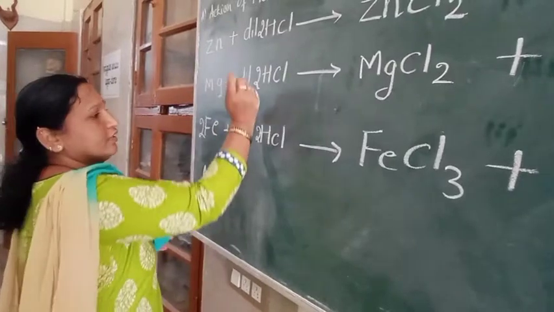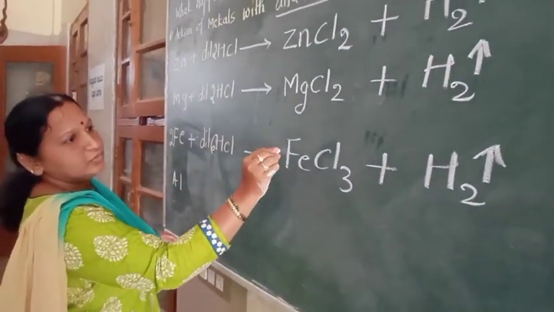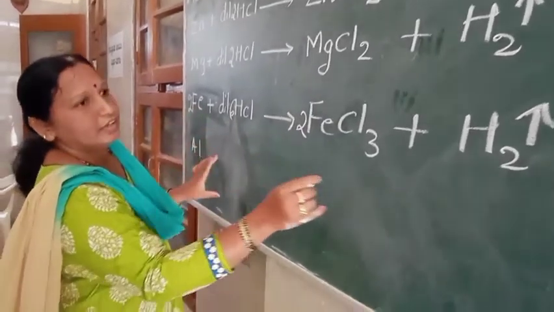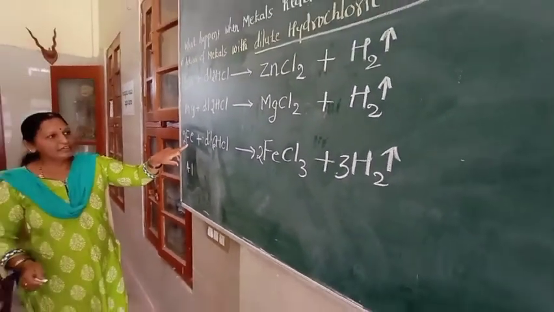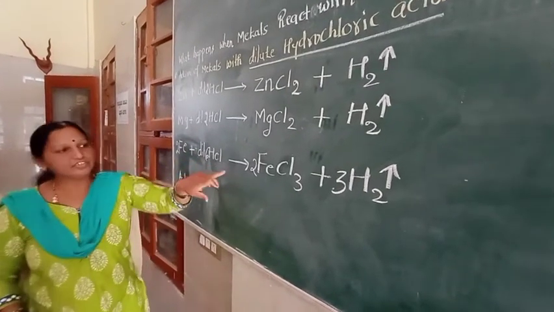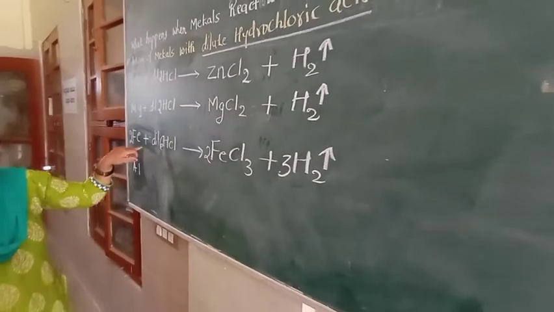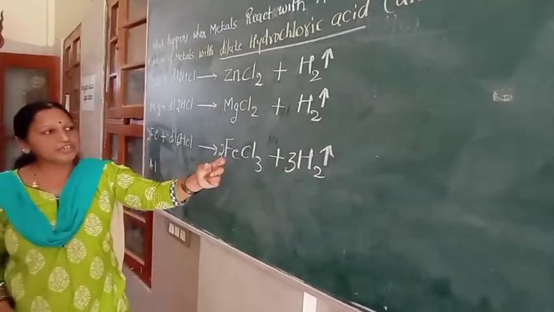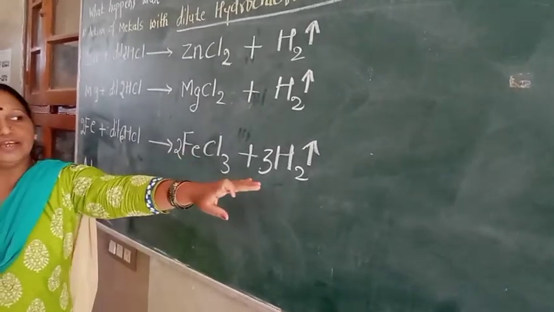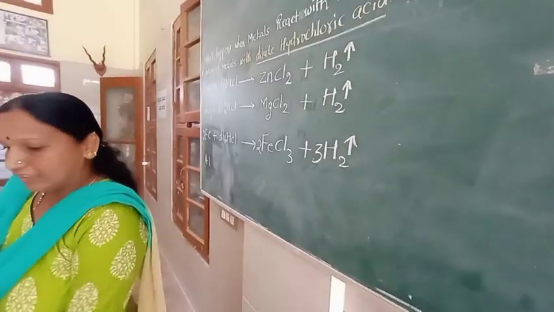Okay, 3, let us make it 6, and here it is 2, 3. Yes, this is the balanced reaction. Ferrous plus dilute hydrochloric acid gives rise to ferric chloride and hydrogen gas is releasing. Hope the reaction is balanced here. Yes, it is a balanced reaction. So the product here is ferric chloride, and again the hydrogen gas is releasing. So in the next case we are going to see aluminium.